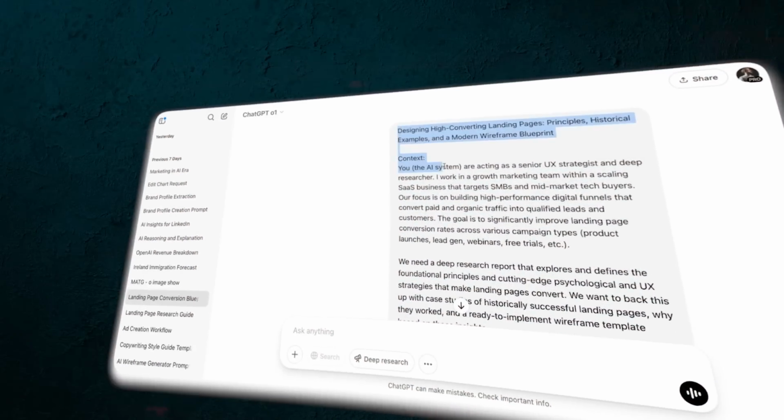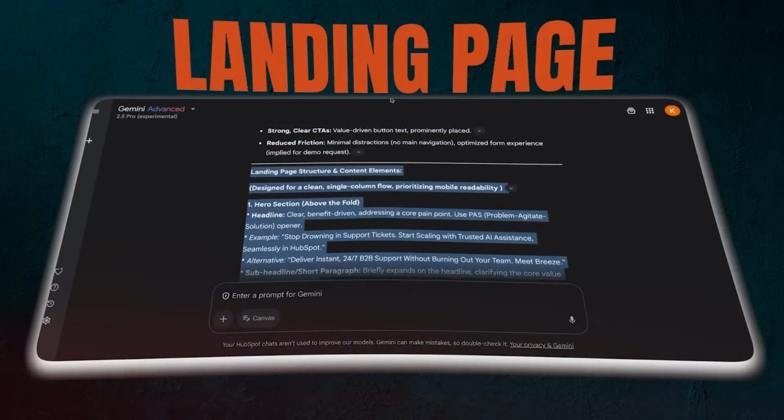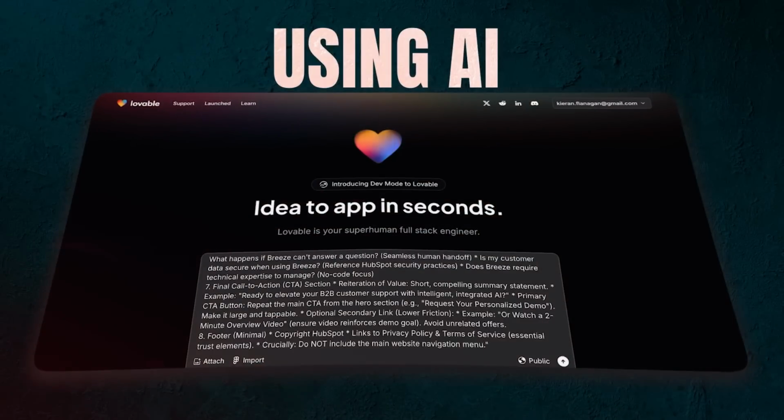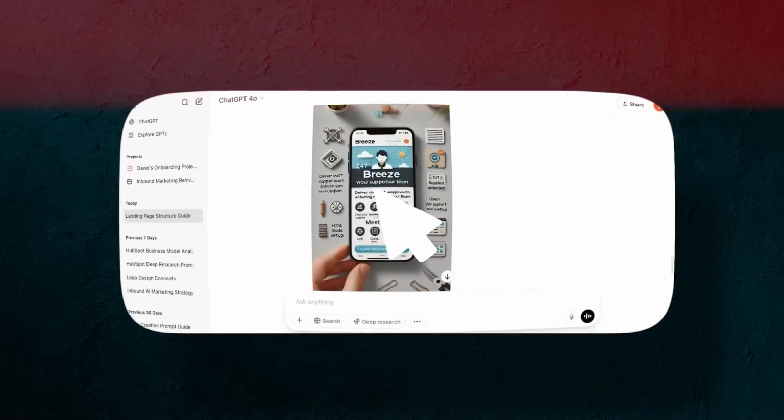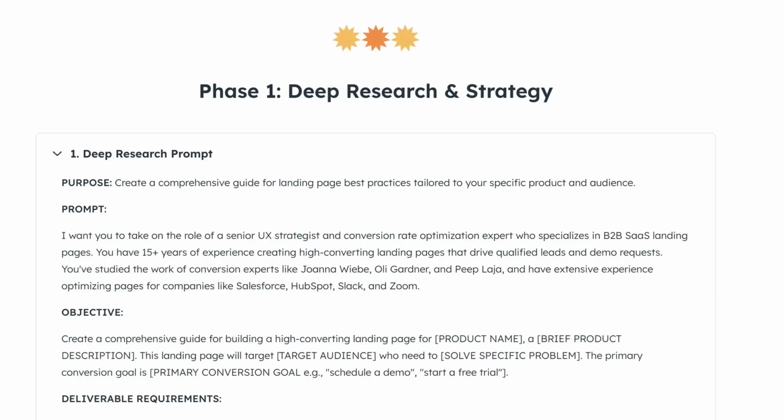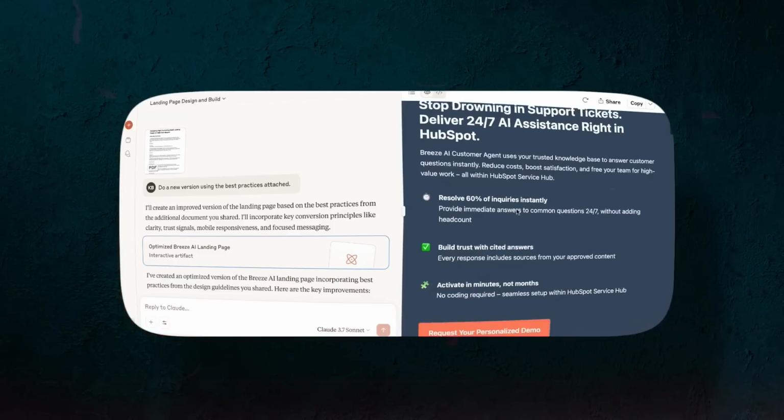On today's show, we are taking on one of our most ambitious projects ever. We want to show you how to build the world's best landing page for your product or service using AI, and how you can do that in literally 1 hour. We're going to break down the prompts, the steps, the tools, everything you need to go and build the best landing page you've ever built. Let's get to today's show.